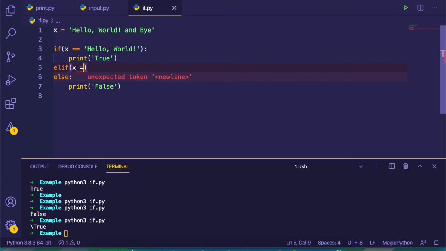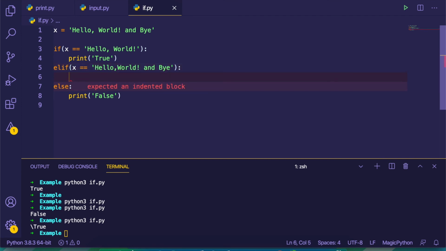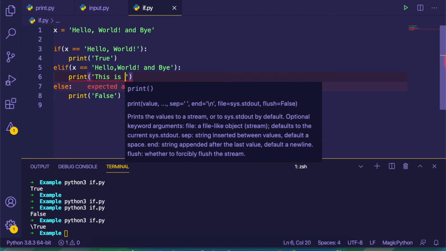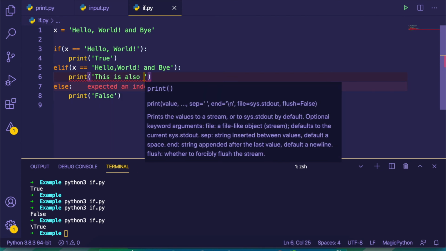So x is double equal to hello world and bye, with the same colon, and here print this is also true.